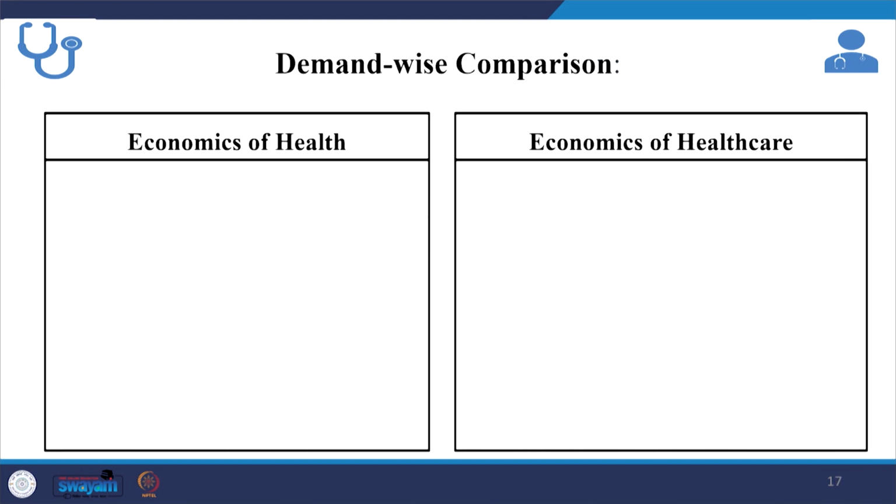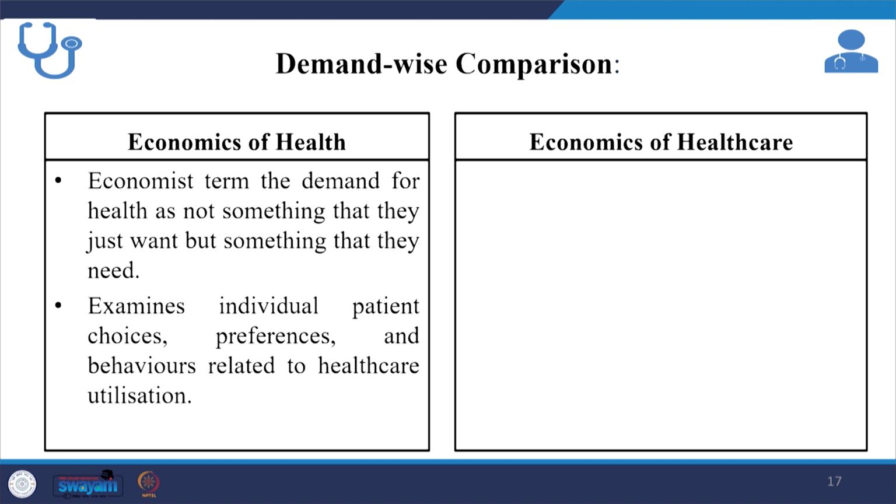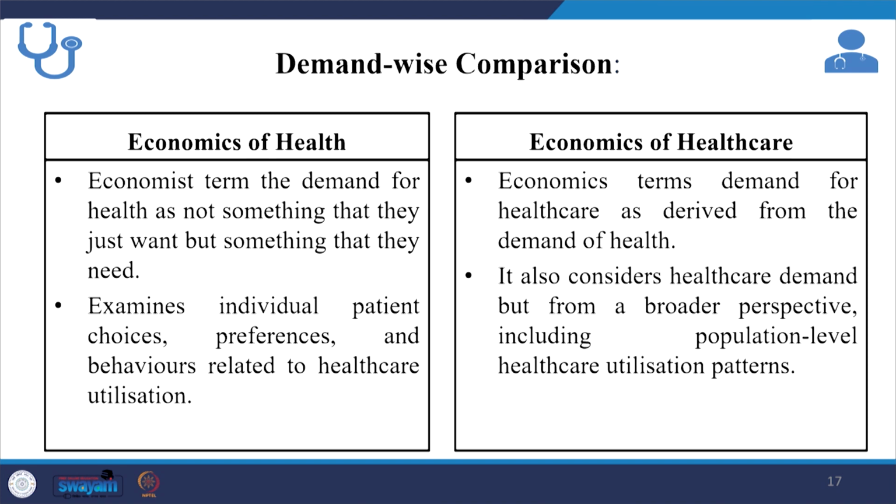Coming to the point of demand and supply, we are now sticking to the explanation of demand. Economists term the demand for health as not something that they just want, but something that they need. Like individual patient choices, preferences and behaviors related to healthcare utilization, whereas economics of healthcare terms demand for healthcare as derived from the demand for health. It also considers healthcare demand, but from a much broader or macro perspective, including population level healthcare